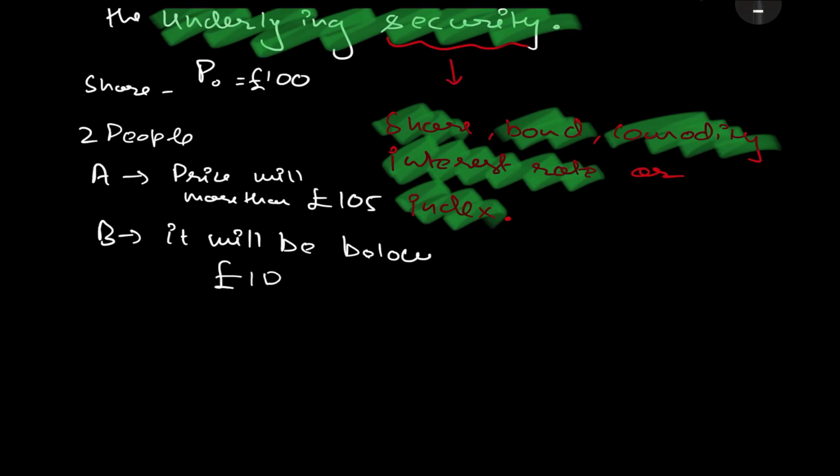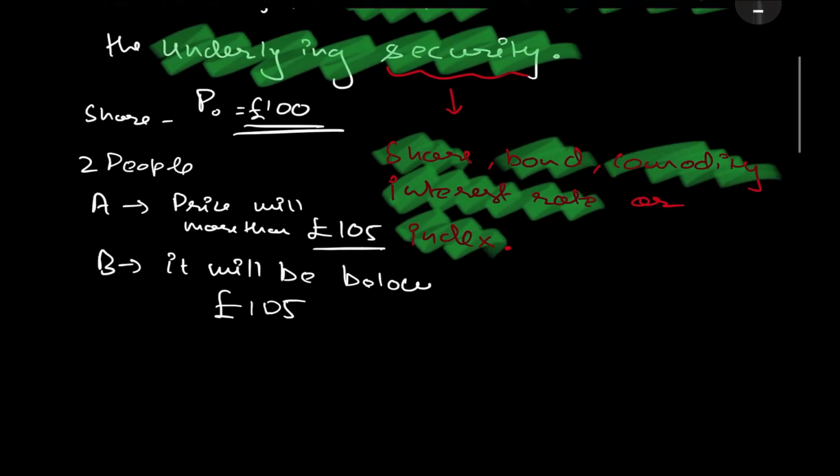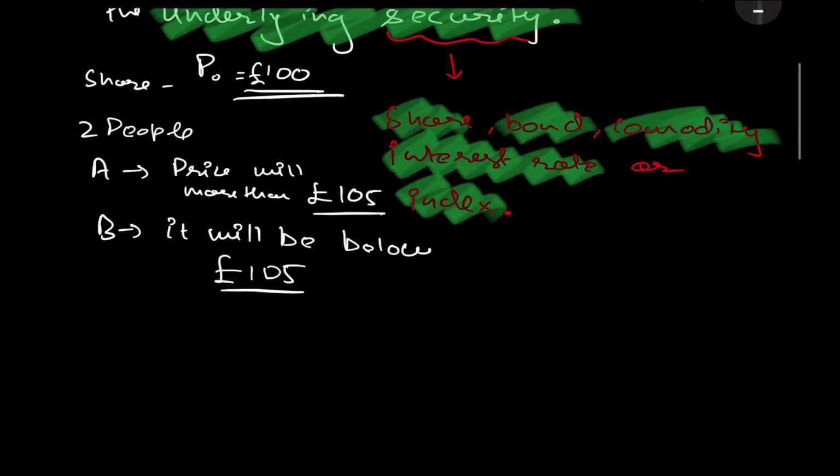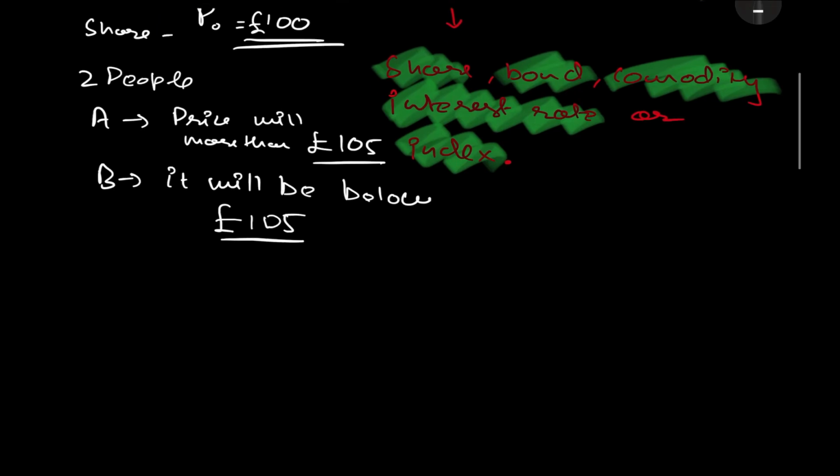I'm actually taking this price that they're contracting upon to be different than 100 to make a point that it can be different. It need not be with respect to this price itself. This is basically the price which they are contracting on. I'm not getting into the technical jargon of what it is called. So A believes that the price will be more than 105 and B believes that it will be less than 105. So they enter into a contract